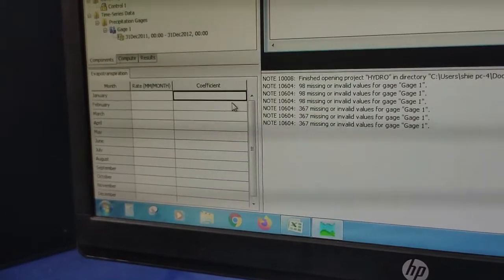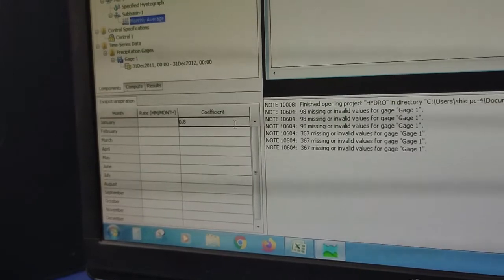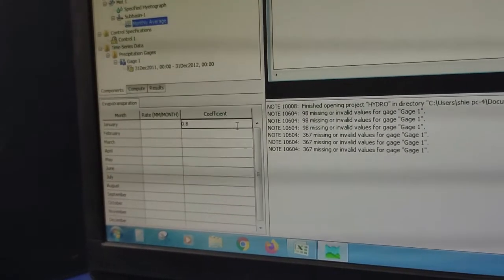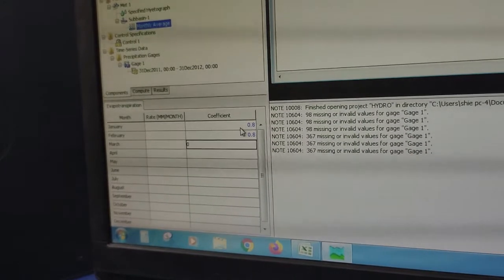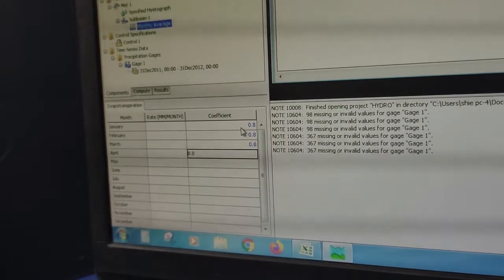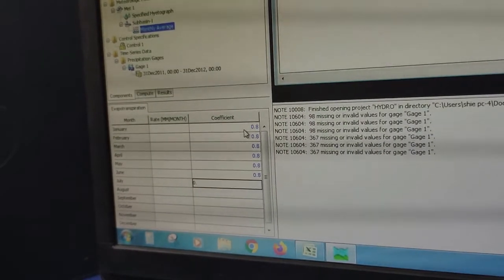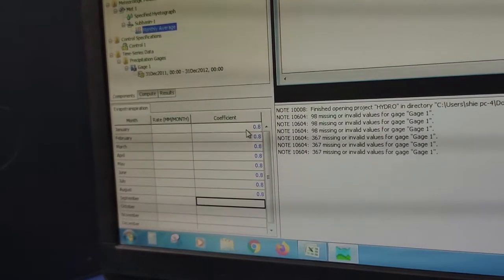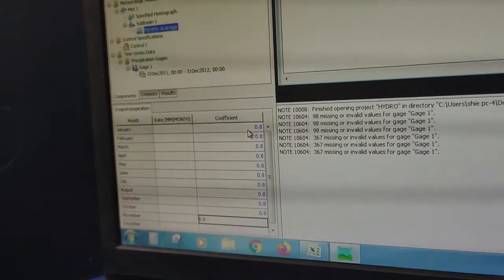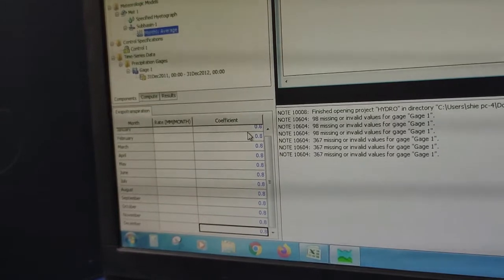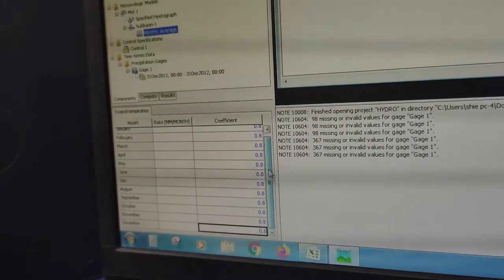So for now I am just assuming the coefficient to be 0.8 for all those months, but it will vary as you do your projects. Okay, so I have given the coefficients.